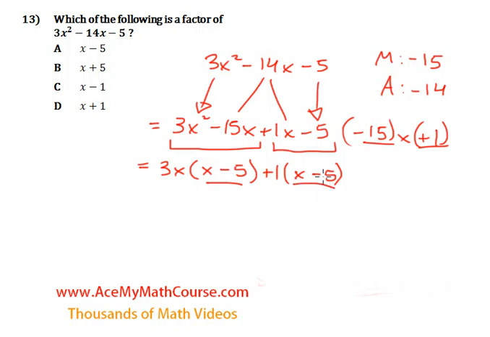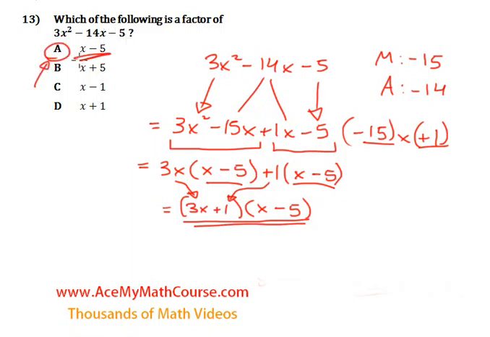These are the same, x minus 5 and x minus 5. So I can just copy it once, since we are factoring by grouping. Then I'll bring down the 3x, and I'll bring down the plus 1. And that is the fully factored form of 3x squared minus 14x minus 5. And this over here, x minus 5, is the only factor that we see, which is our x minus 5 from over there. So that's it. Answer is